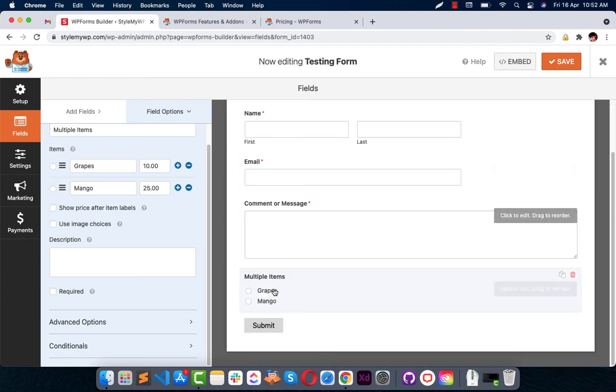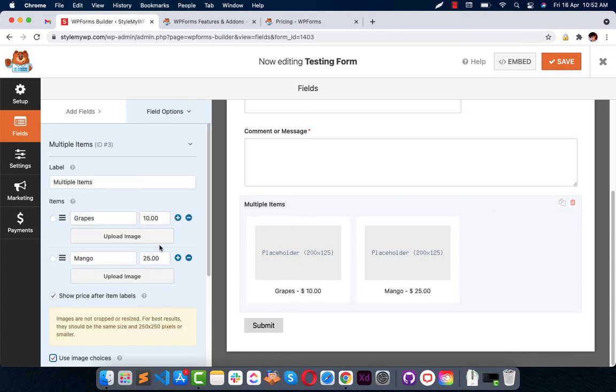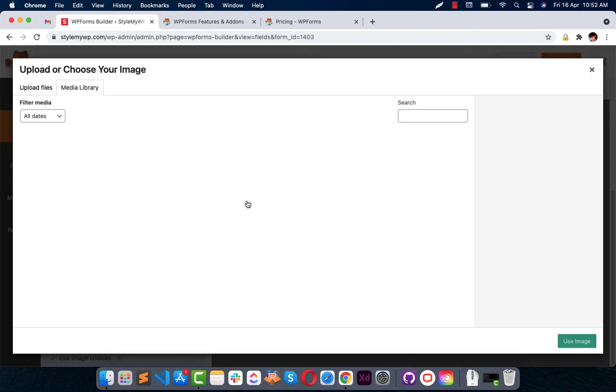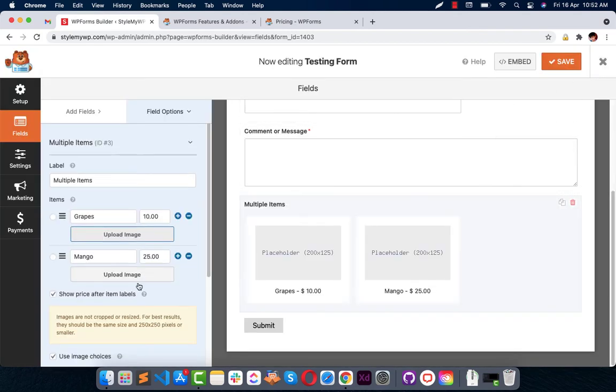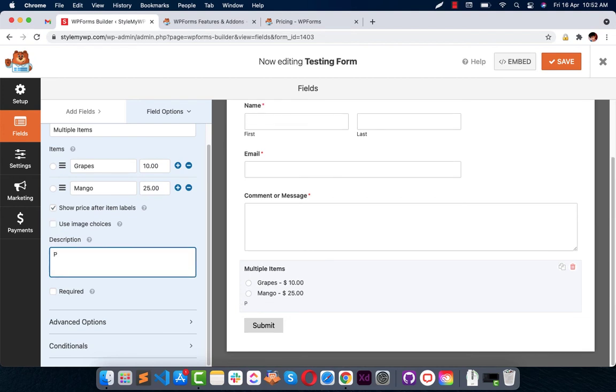You can show the customer's item price as well, like this, and you can use images as well. You can upload the images, right, and here you can upload it from this, or you can disable it. You can write a description. Please select all that apply, like that.